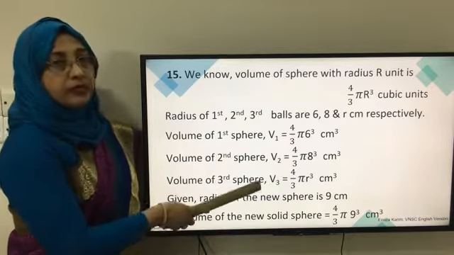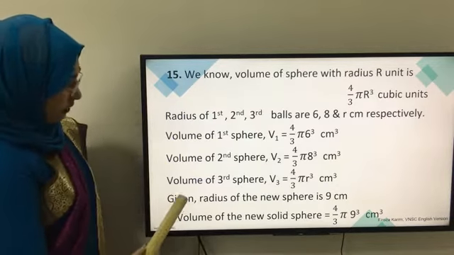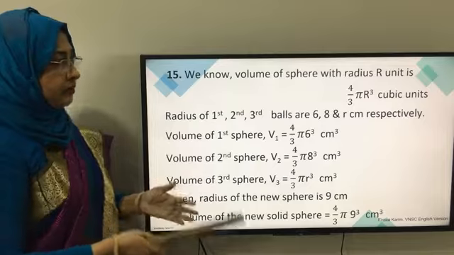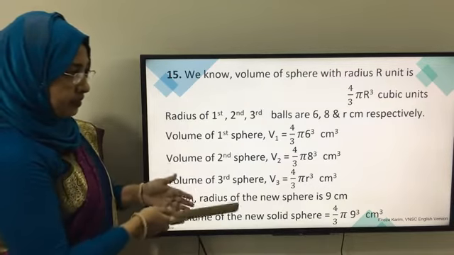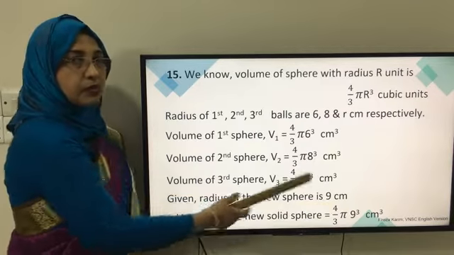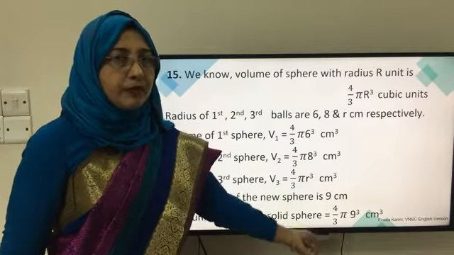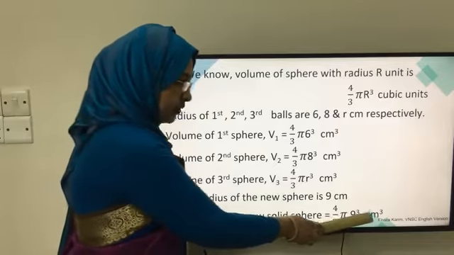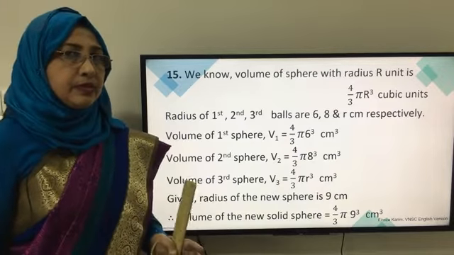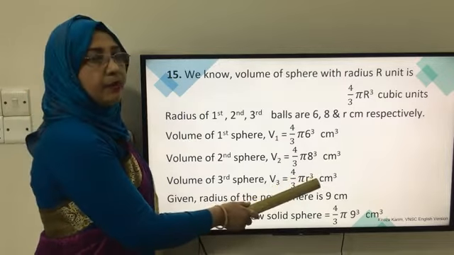These are the 3 volumes of 3 glass balls. Now we are given the radius of the new sphere, which we have to form by melting these 3 balls. The radius of the new sphere is 9 centimeter. So we can easily find the volume of the new sphere, which will be 4 by 3 pi 9 cubed cubic centimeter. So now we know all the volumes except this one, because the radius of this ball is not known,